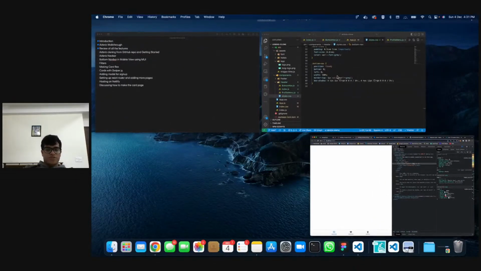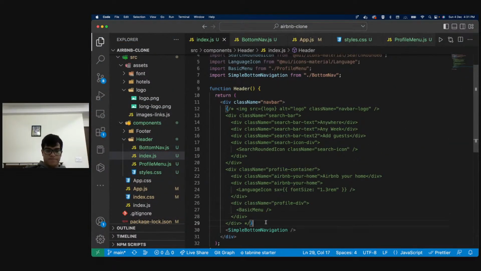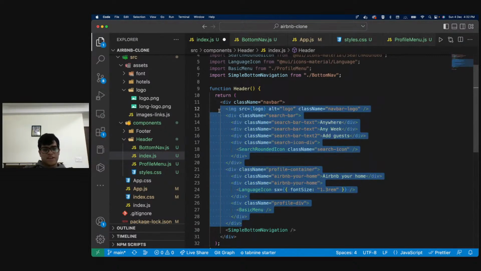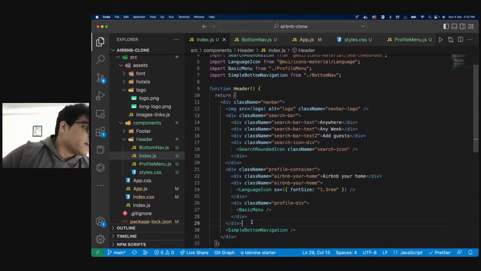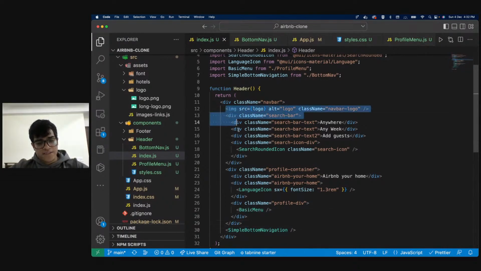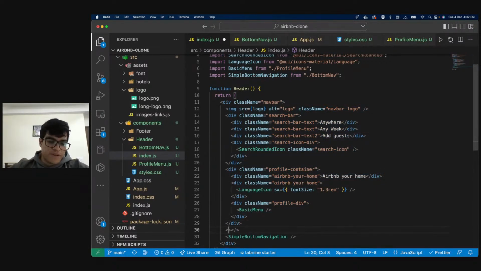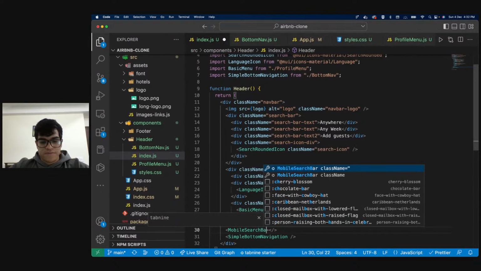And something that I basically want to do now is that we'll be having this, and we'll always be having the mobile search bar. Now what we want to do is write media queries, and say that after the screen size of 800 pixels, if you are reducing, I just want to show this, and I don't want to show any of this. I just want to show this and my search bar, right? This is also the component that we will be making. So I'm going to say mobile search bar,